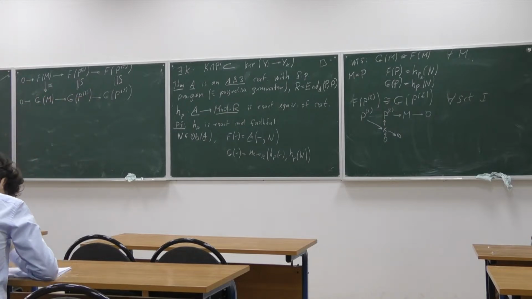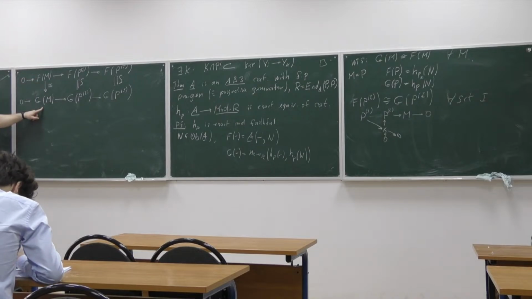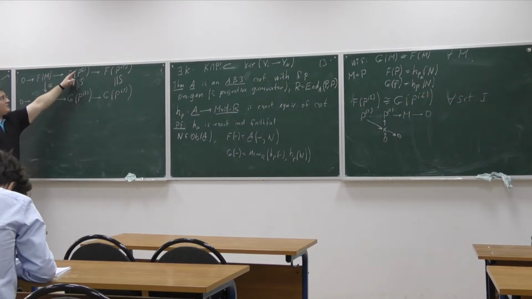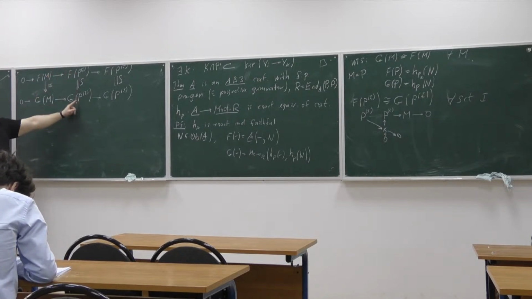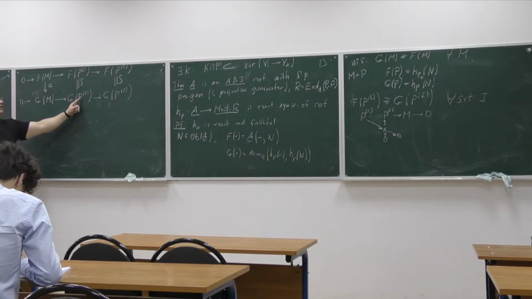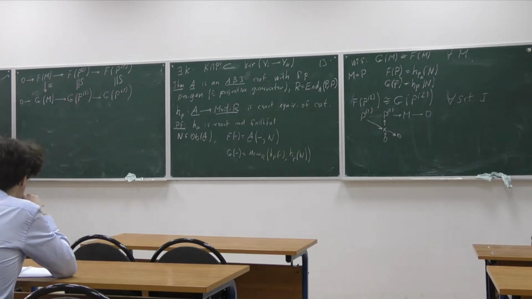So we can do something like a diagram chase, right? So suppose for this map there is some element which is mapped to 0 by this arrow. We can consider this element here. This is mapped, well, by the isomorphism to an element here. So if this goes to 0, so this composition sends this element to 0, so this composition also has to send this to 0, but that's not possible. This is embedding, this isomorphism.